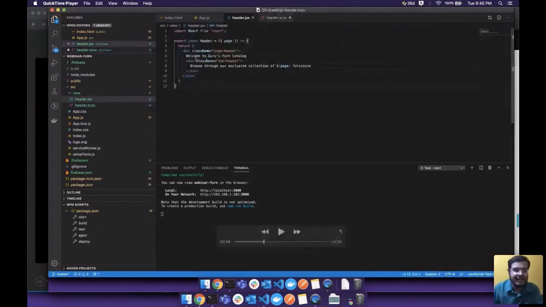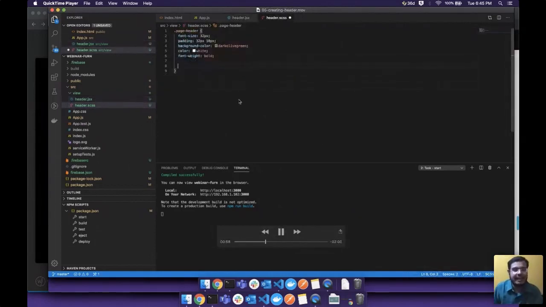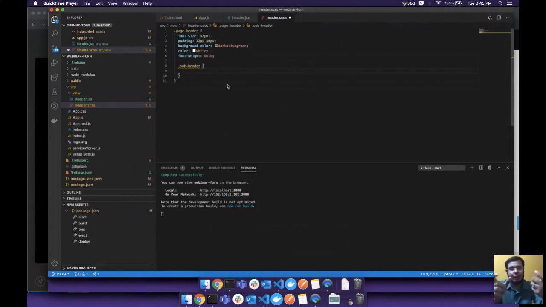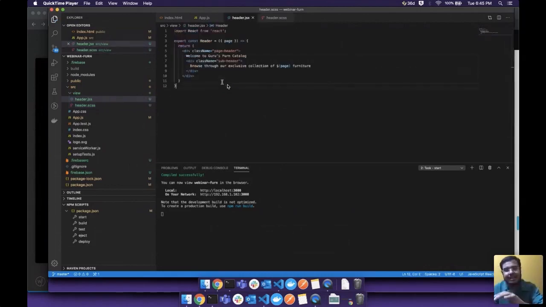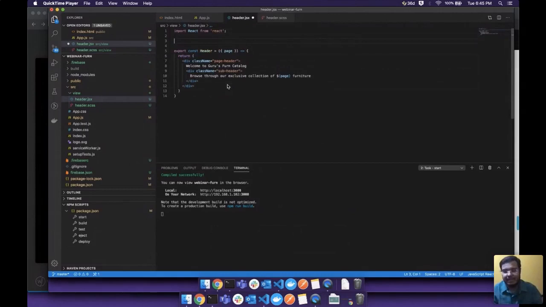For example, in this header, I have this class page header, and inside that I have subheader, right? So similarly, in my CSS file, I can write page header at the top, and inside that I can write the styles for subheader. In classic CSS, you'll have to write both together again outside, and keep building the entire file. Instead, here I'm writing it hierarchically so that my Sass library will generate such combined CSS together. Now I import my style sheet into this. So let's see how it works.